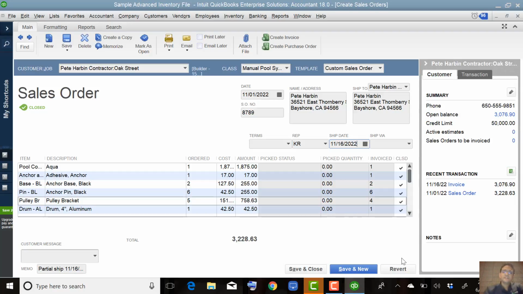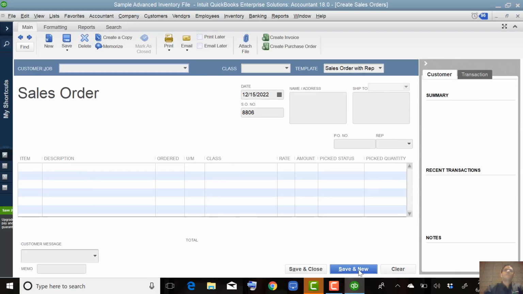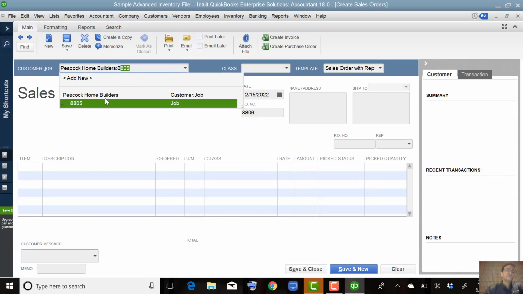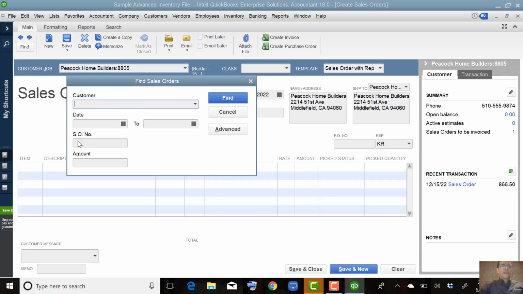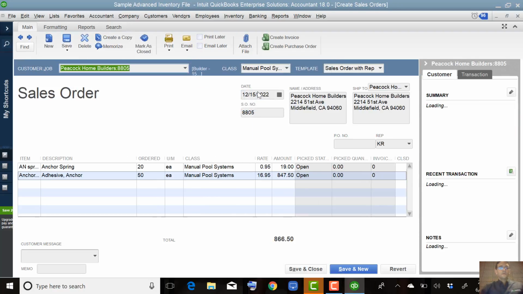Okay. Well, are prepayments important to you guys? I can cover prepayments real quick. Prepayments to me are extremely important. So let's say we talk about a sales order that we're creating with that 8805 sales order date. Let me find the one I already had in there. Okay, so I created a job with the sales order number in order for me to manage prepayments